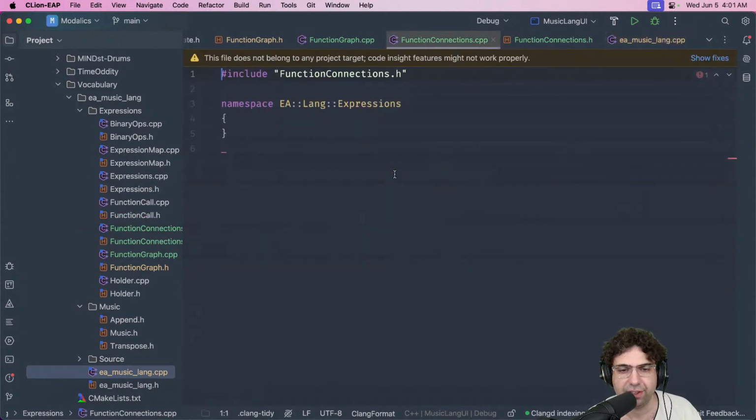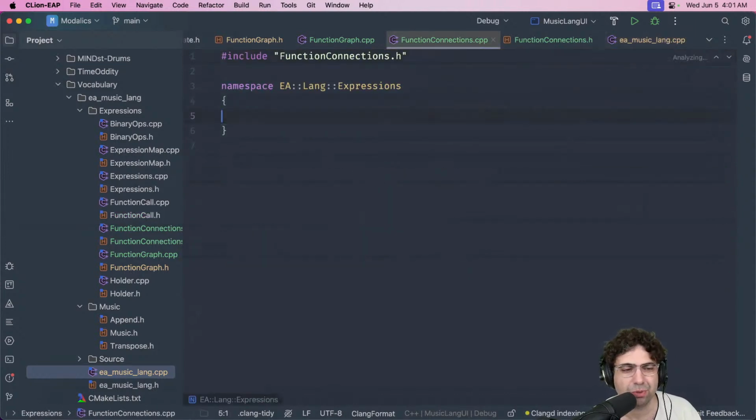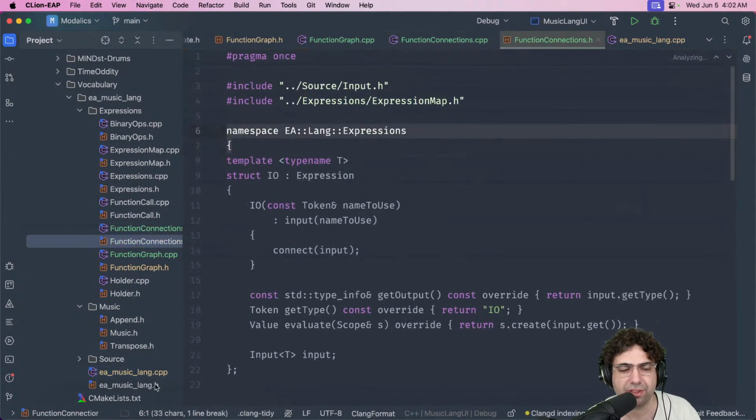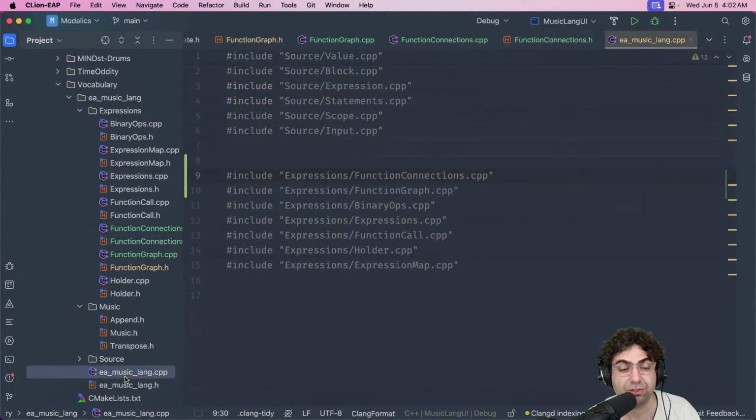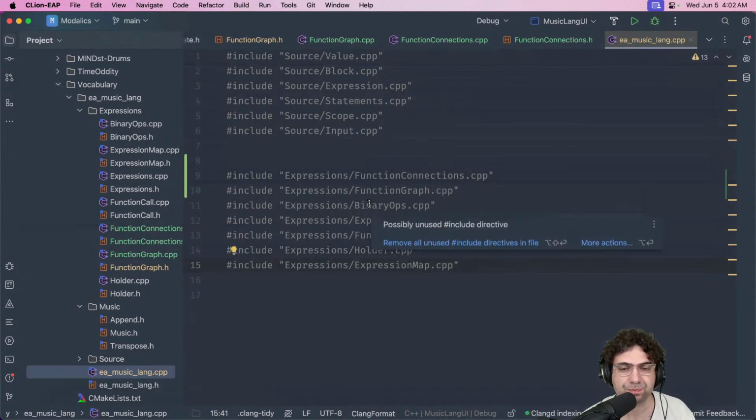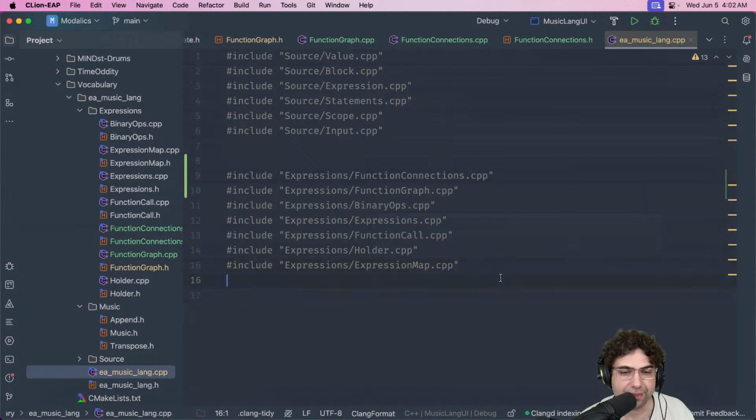For those programmers who are seeing this, what I'm doing now is based on the Juice system for what they call modules. It's not really specific to Juice, it's just their style of doing things. And the idea is that there's one CPP file that has a list of other CPP files, and that has one big benefit, which is something called unity builds.